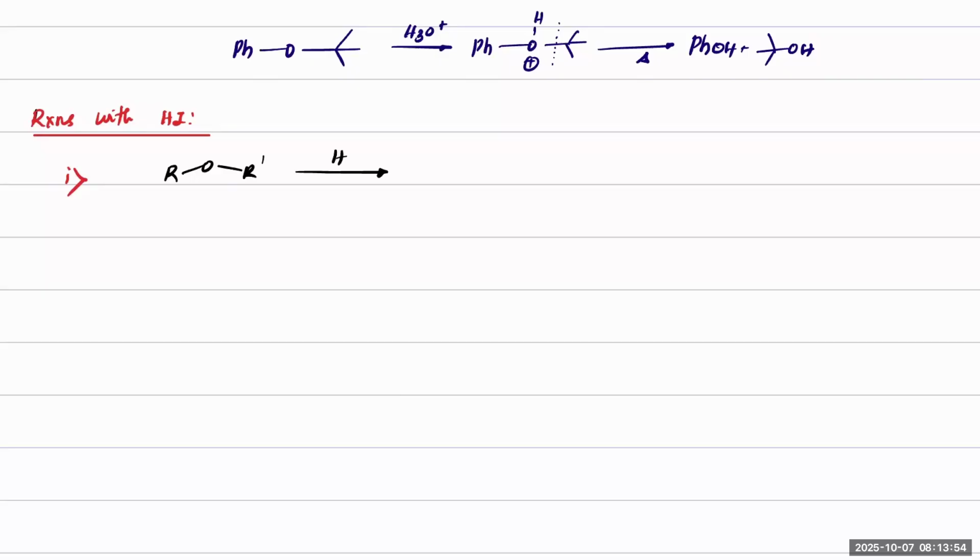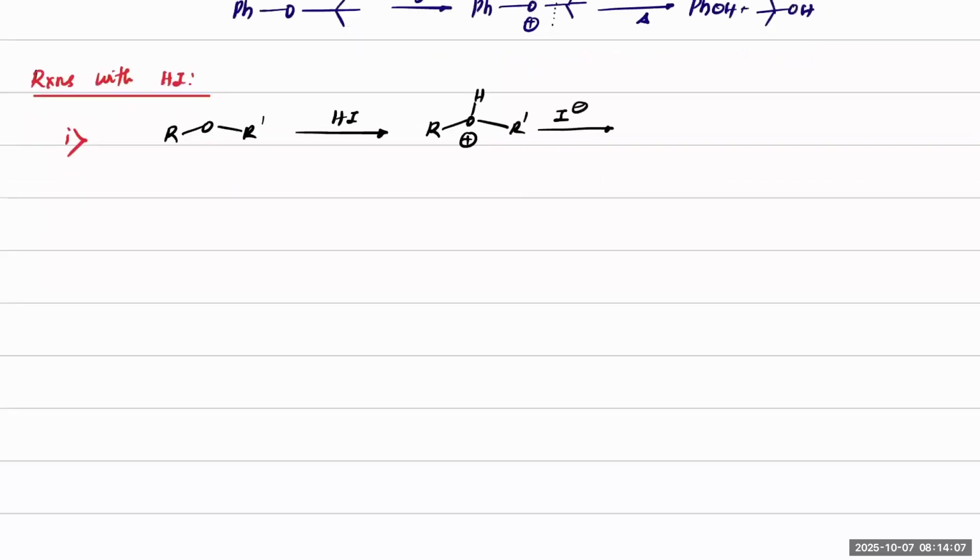First you will make a protonation, just like how we did it earlier, with plus charge here. And then I minus can attack on any one side here. Now notice, if R or R dash, either of them